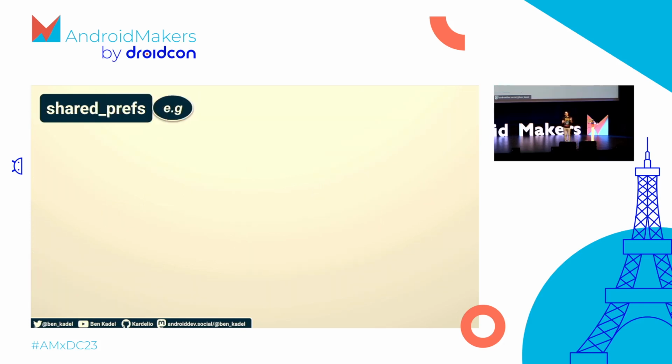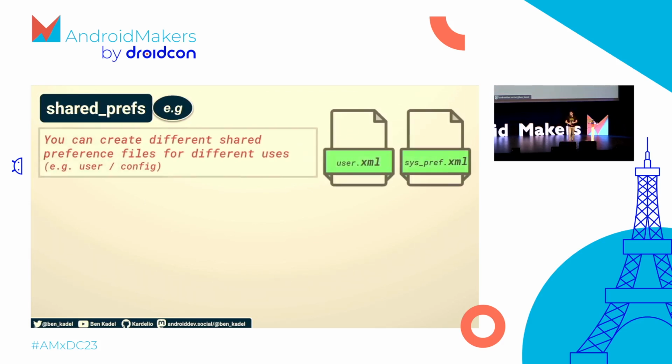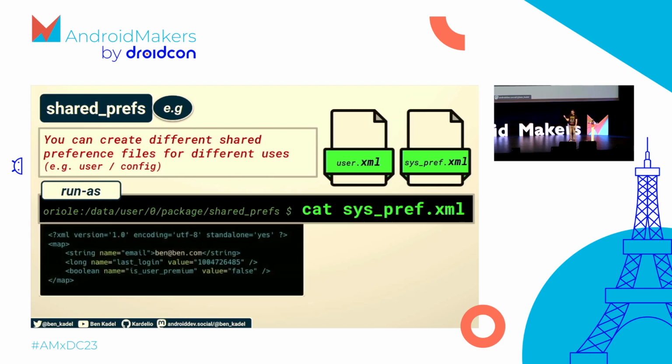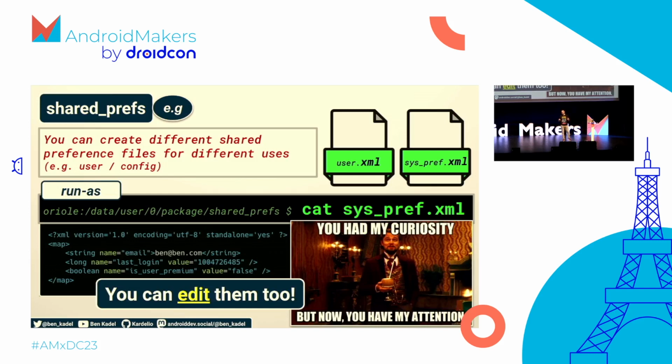Cool. So let's take our example now back to shared preferences. So we found out how we can find our data. Let's look at it. Inside the shared preferences folder, shared preferences are stored in XML files. So whilst we are running as our app, I can cat out the contents of these XML files. And cat is just like, dump the output of the file to me, please. And we get this. I'm seeing the shared preferences in the file. They're key value pairs, email Ben at Ben, or I'm seeing last login, some timestamp. Cool, we're seeing it, but we can also alter these values now,